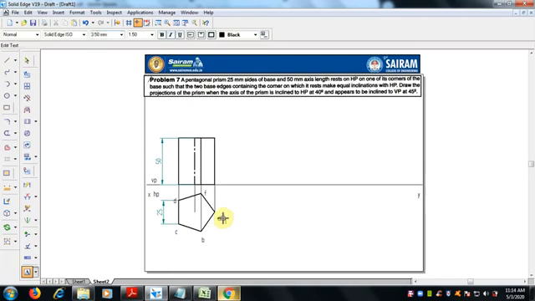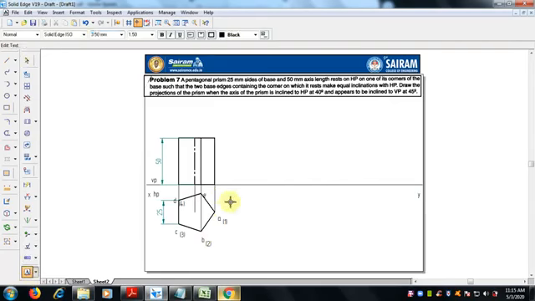In brackets I will put A with 1, B with 2, C with 3, D with 4, and E with 5.